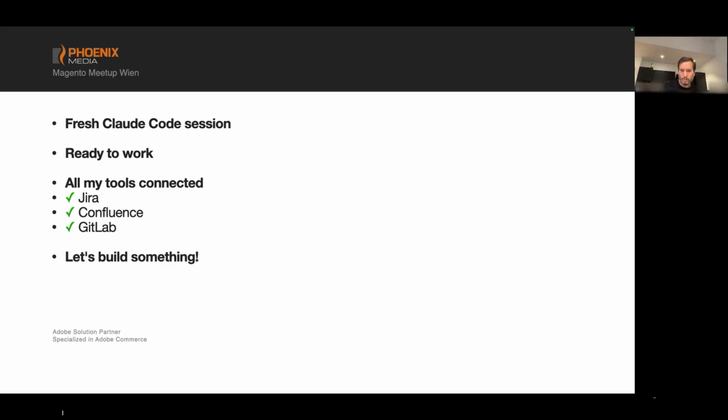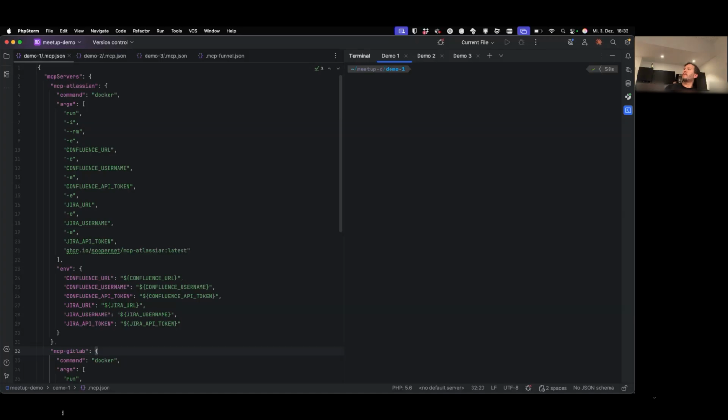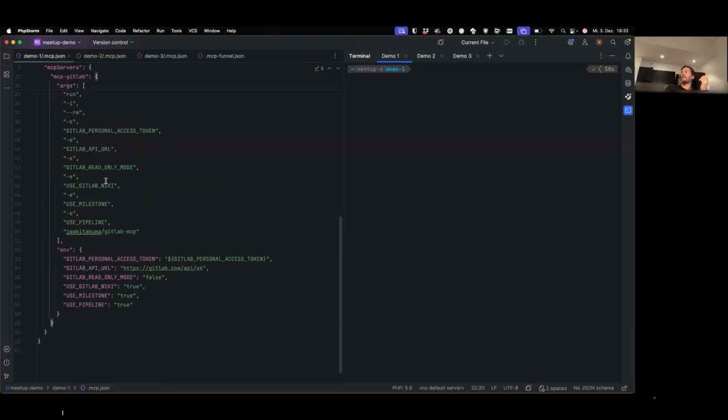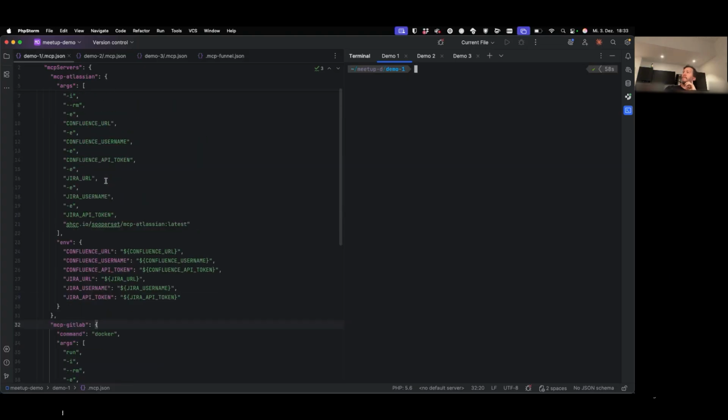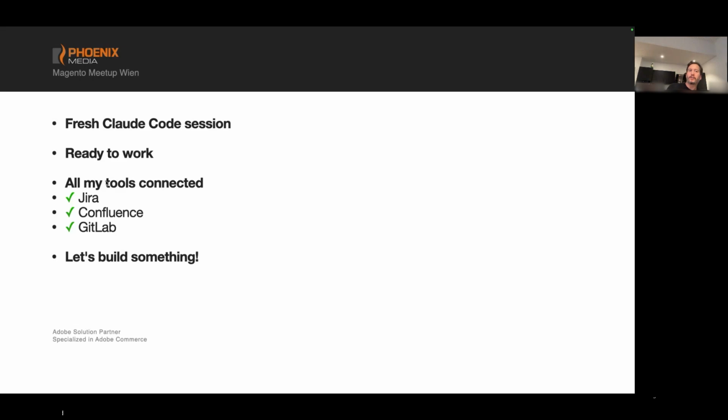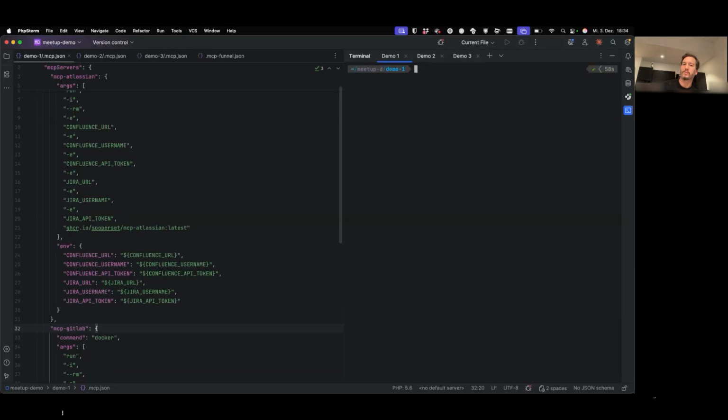I can also show you, for example, how we have our tools connected. When the mouse is working, I could show you. So this is some typical MCP server configuration. We have MCP Atlassian, and we have GitLab. So only those two. Nothing really special here. And with that, actually, we can start Claude. Let's directly do that. Why not? Just having some problems with my mouse. It's not there. Here it is.